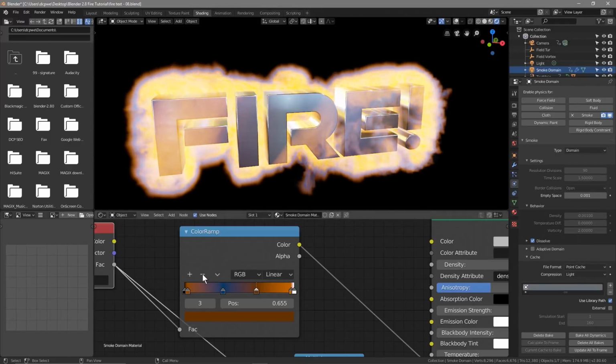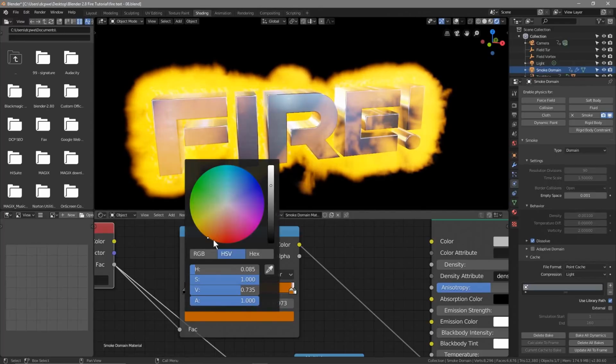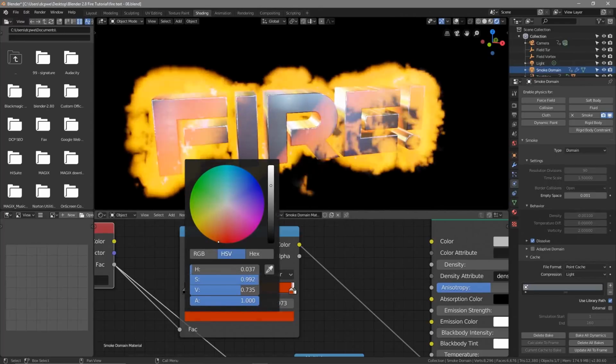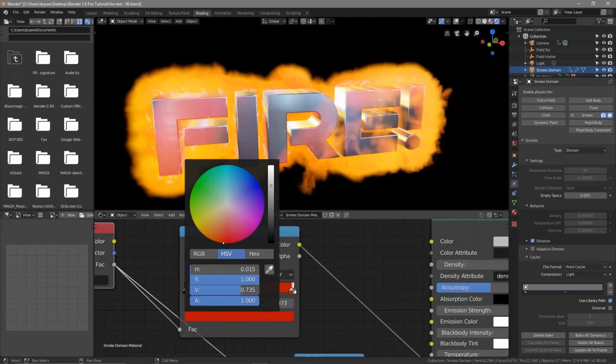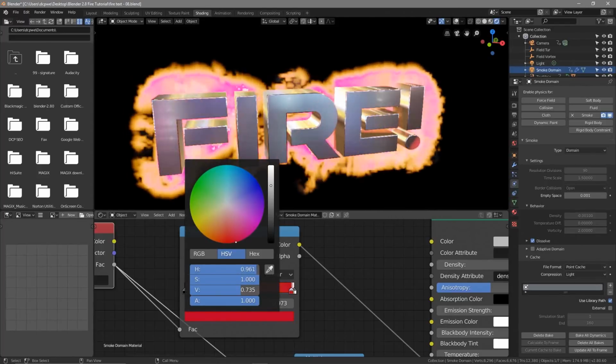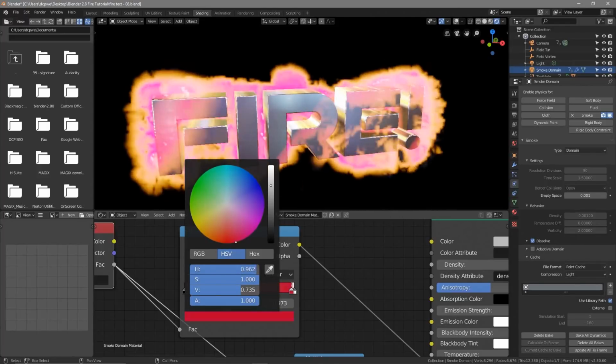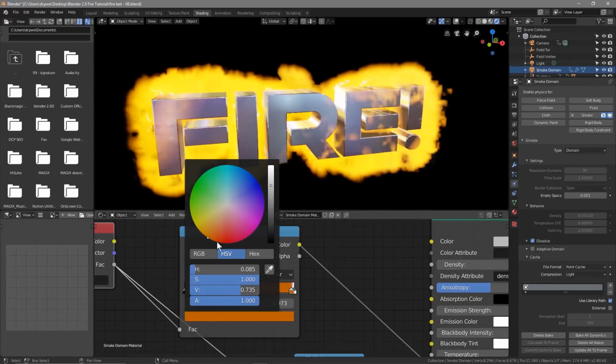So we'll click on this one here and get rid of it, and we'll click on the blue one and get rid of that as well, and we're just going to stick with this yellow, and maybe we'll click on this one here. This is going to be more towards the inside, and we might change that to more of a slightly different color. You can even go crazy, go purple and pink and all sorts of colors, right? But we want something